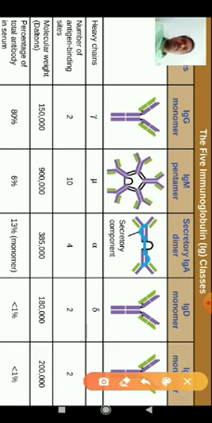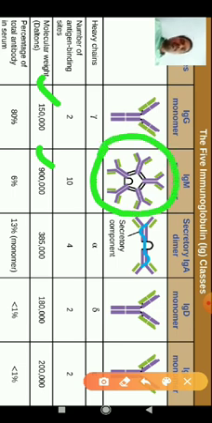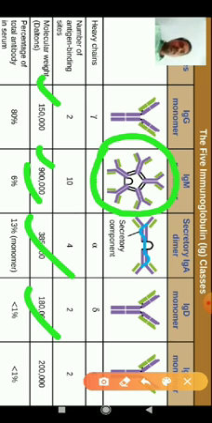So in the molecular weight of the antibodies, IgG is 1,50,000 daltons, and IgM is 9 lakhs. Why? Because IgM is a very big size. It is a pentamer, that's why its molecular weight is 9 lakhs. And IgA is 3 lakhs 85,000, IgD is 1 lakh 80,000, and IgE is 2 lakhs molecular weight, in the unit that we call daltons.